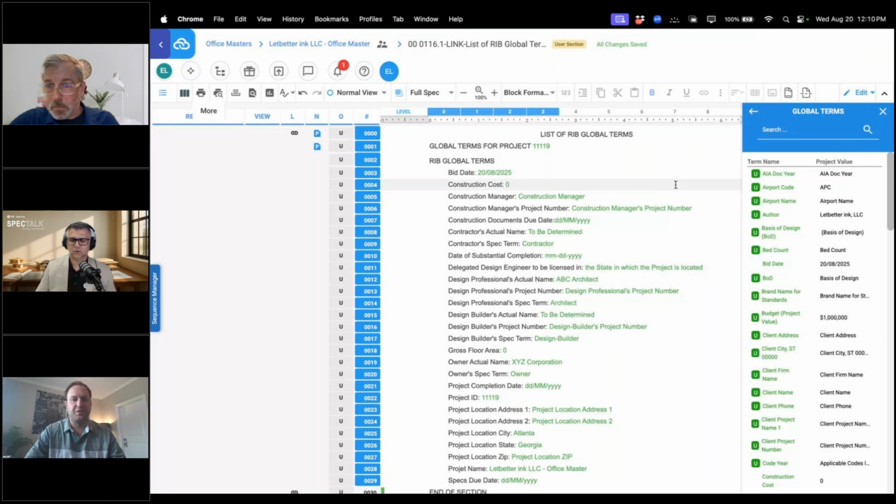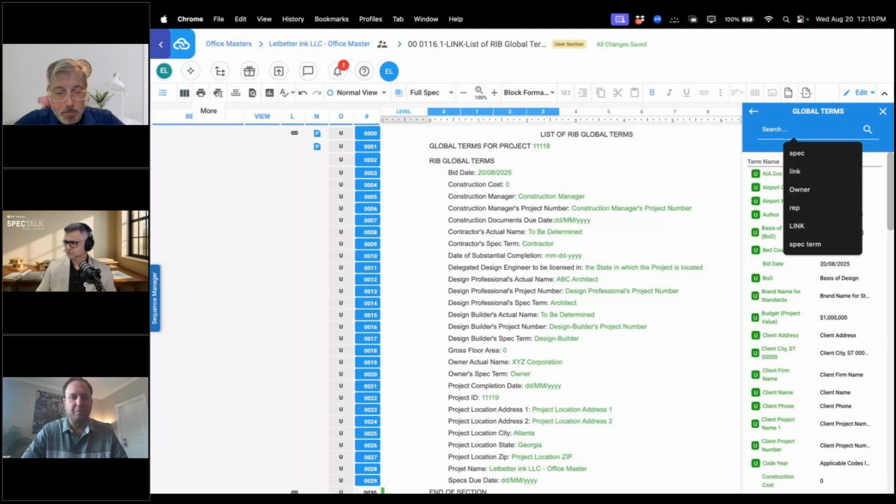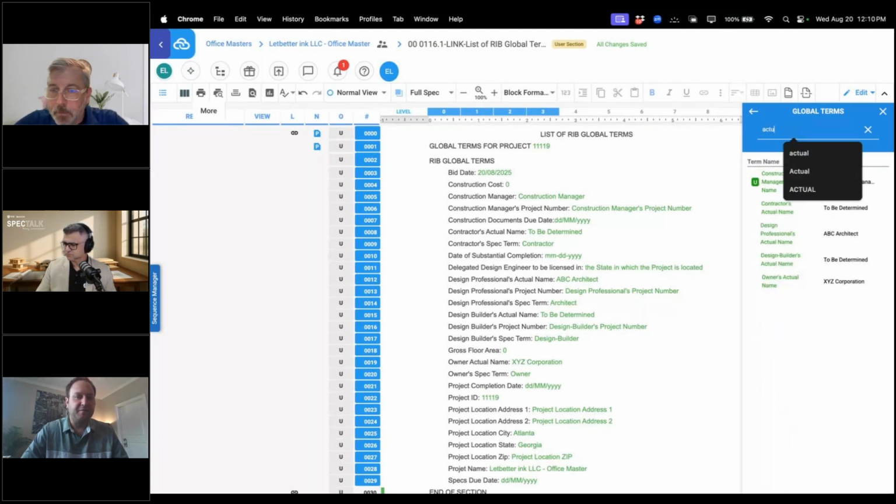So if you don't modify the value, or if you keep it the same as the global term, then that would be database wide, because that's the default that comes out of SpecLink out of the box. But if you were to change the value, that will just be modifying that instance of that wording in that